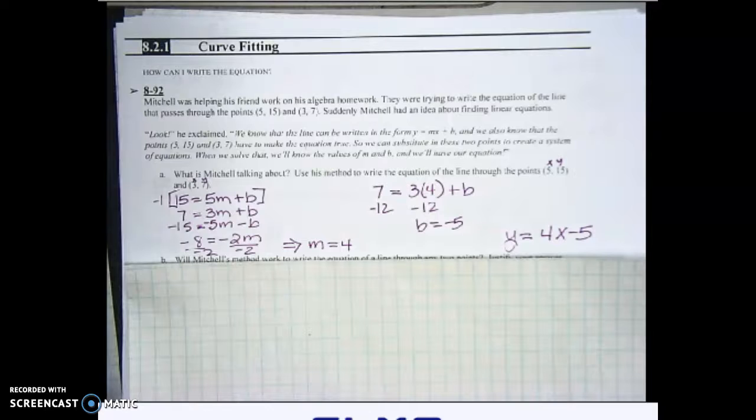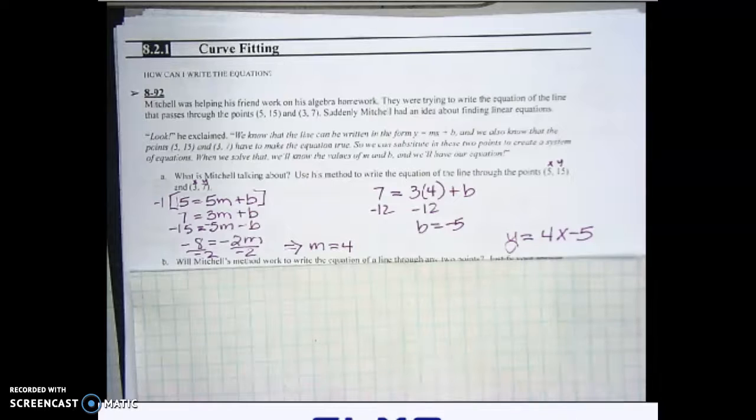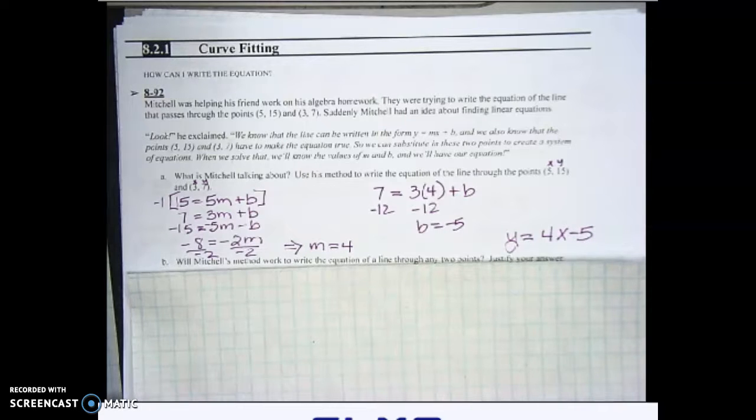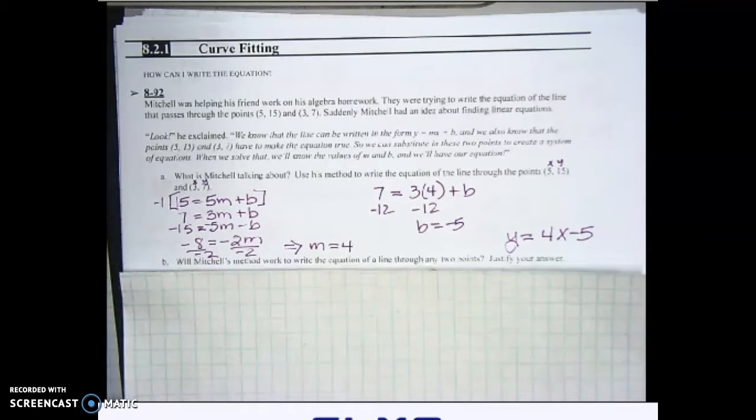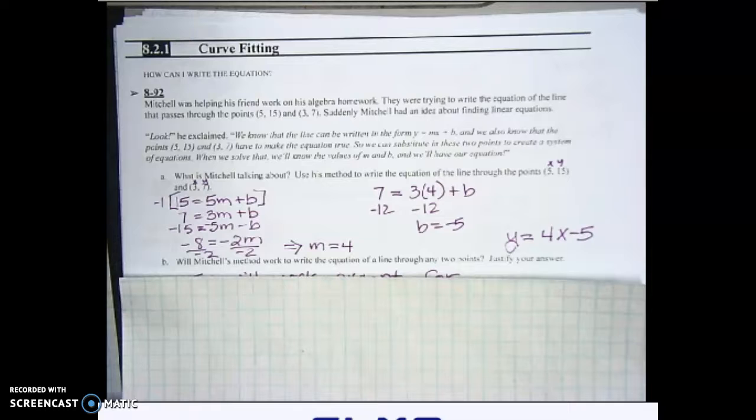All right, so this is a different method than what we learned all first semester. All first semester, they had us find the slope using the slope formula, then plugging in one of the points and solving for b, and then filling in this equation of slope-intercept. Okay? Question is, does this work? So question B says, will Mitchell's method work to write the equation of the line through any 2